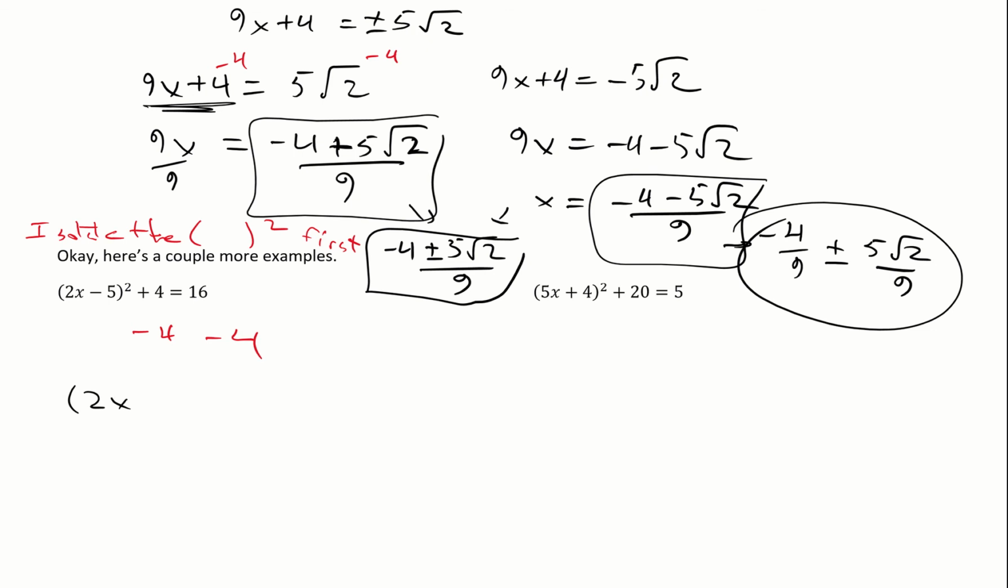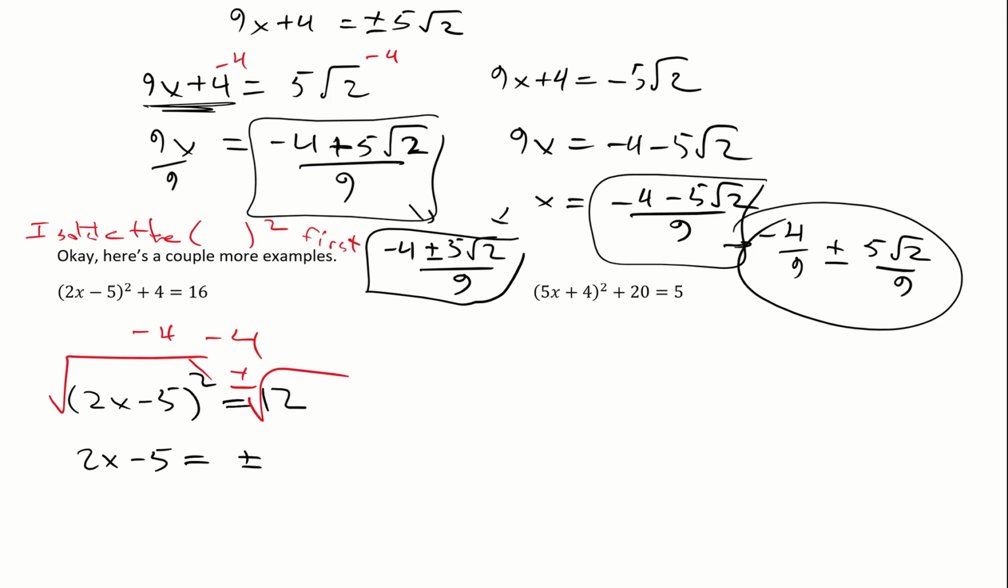When you do that, it looks like this. We've got 2x minus 5 squared is 12. That's better than the plus 4 hanging out there going, what do I do with that guy when I square root? I can't take care of it. I'm not going to invent anything. This looks like what we did just a moment ago. So we're going to square root, cancel the square, and square root the other side plus or minus. Watch your writing, Weber, it's sloppy. 2x minus 5 is plus or minus